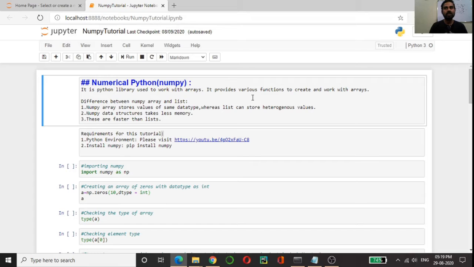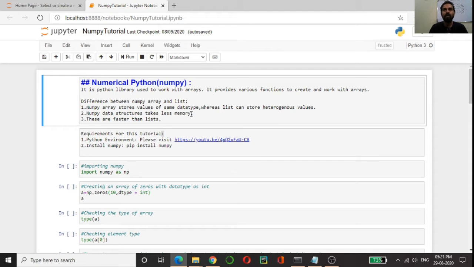So the key difference is, in NumPy arrays we can store only values with the same data type, but in lists we can store values with different data types also.